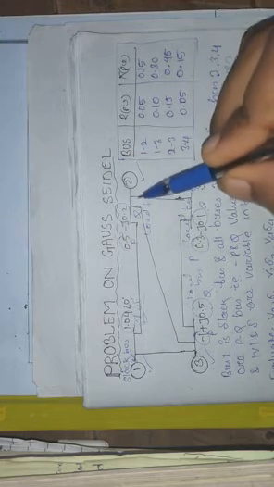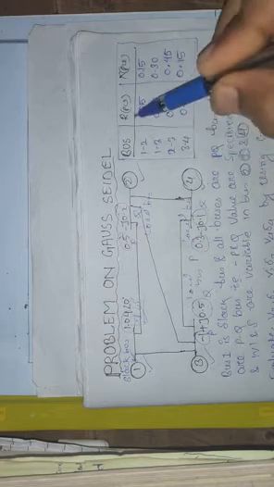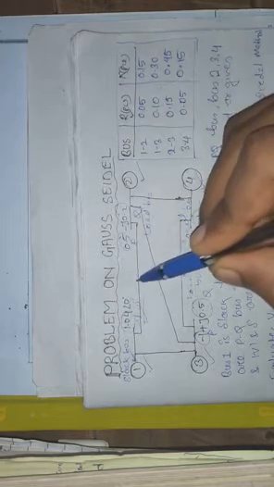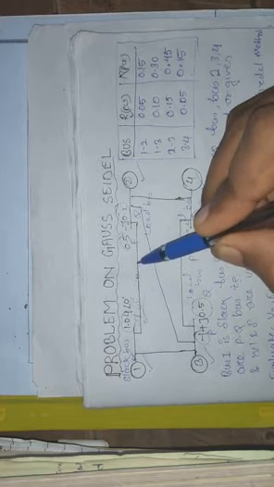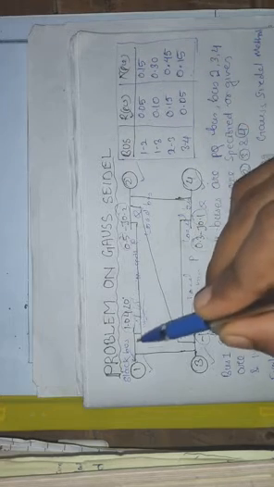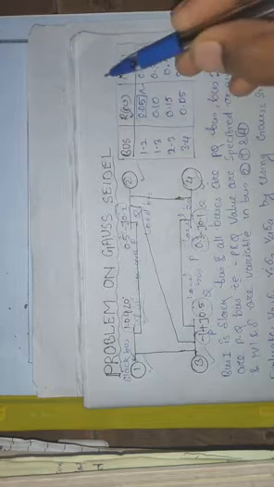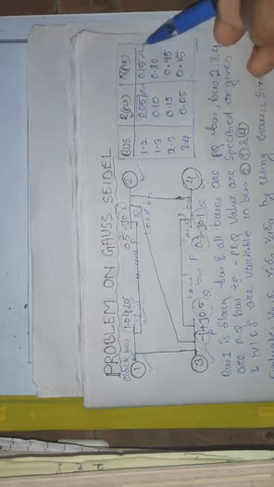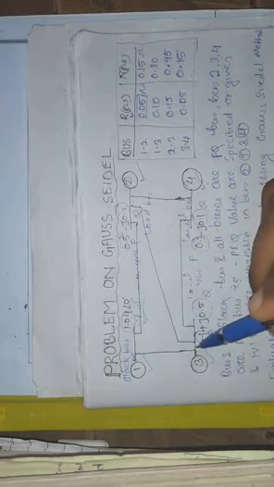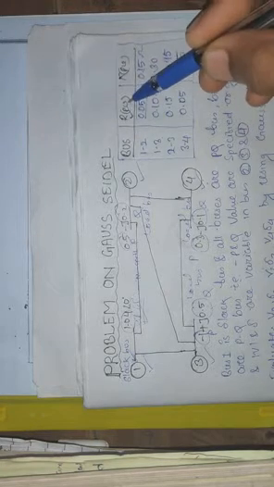The admittance is not given, but the resistance and reactance of the transmission lines are given. In between bus number 1 and 2 there is resistance 0.05 ohm and reactance 0.15 ohm. Like that, in between bus number 1 and 3, there is 0.10 ohm resistance given in per unit.